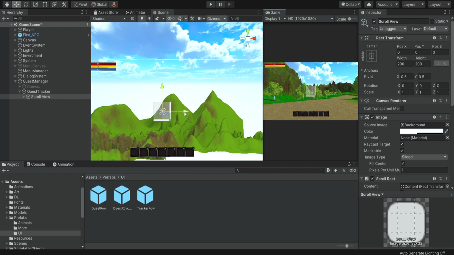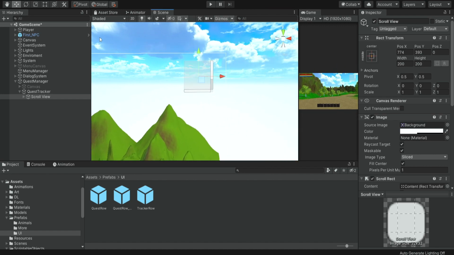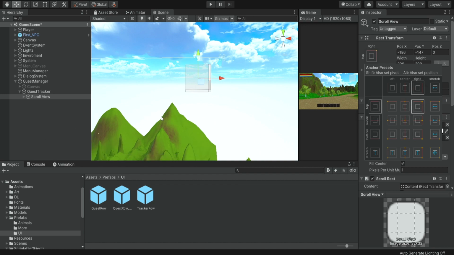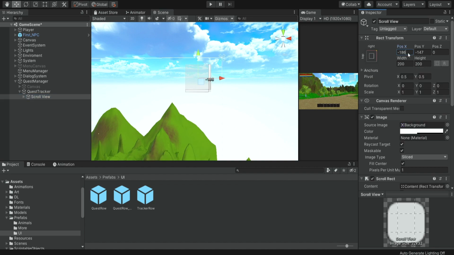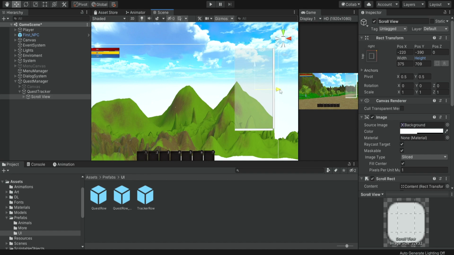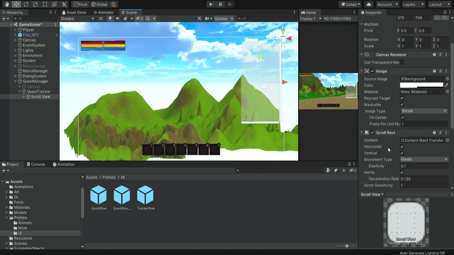So it's going to be very similar to what we did with the menu. So we're just going to move it over here. Let's make it a bit bigger. And we're going to anchor it to the corner. Then we're going to position it a bit. Then on the scroll view, we're going to disable the horizontal as well, because we are only interested in vertical